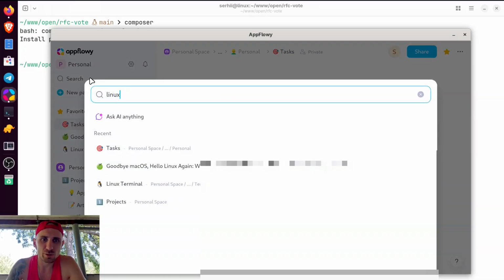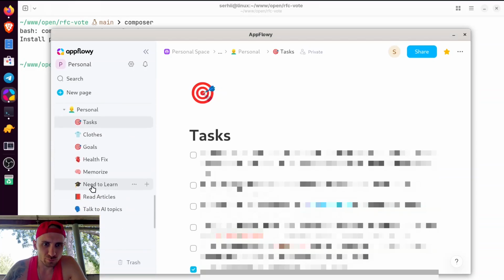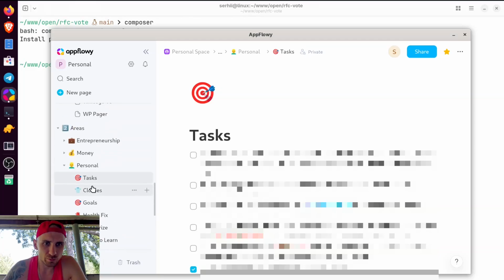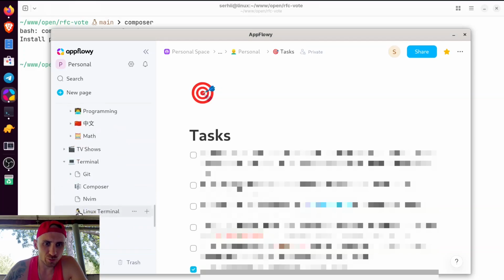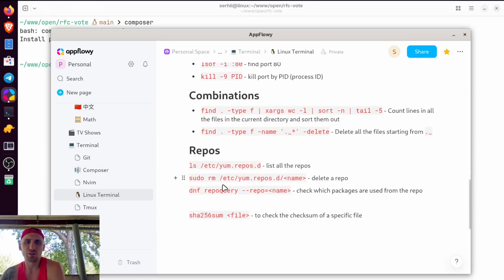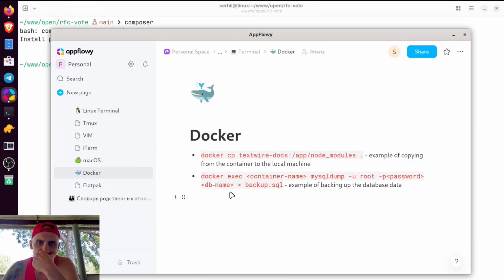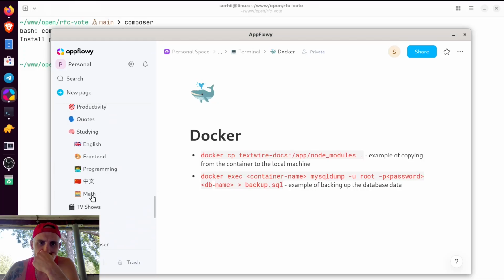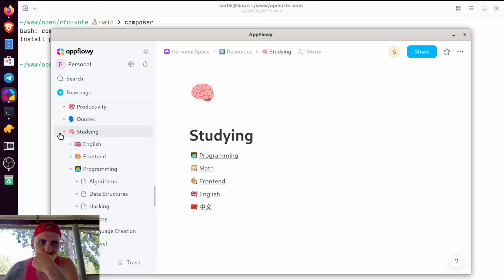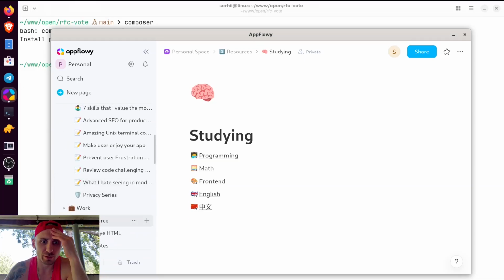Okay, Linux or... Let's go, need to learn resources, terminal, Linux terminal. Or maybe it's not actually here. I have a comment somewhere. Docker. No, it's not in studying. So I have a script somewhere. I don't remember where it was, but